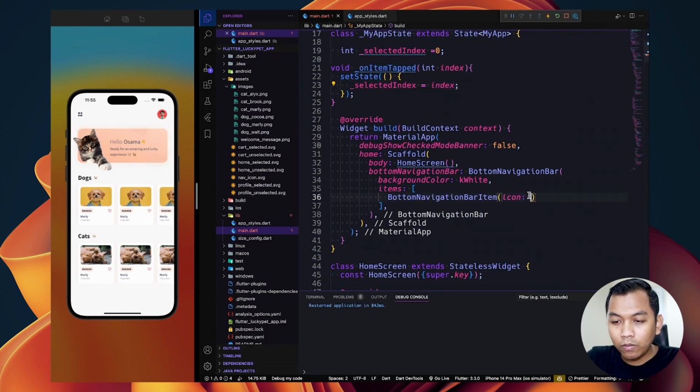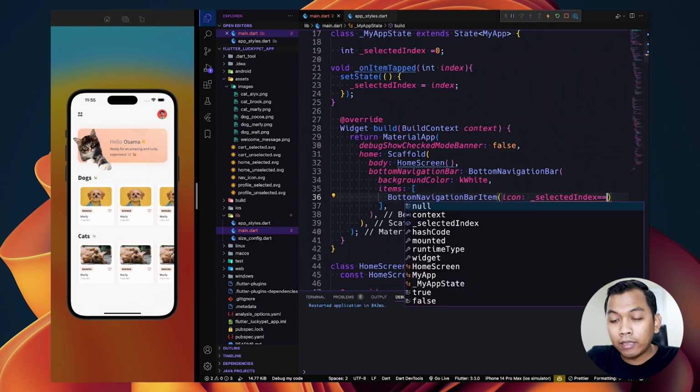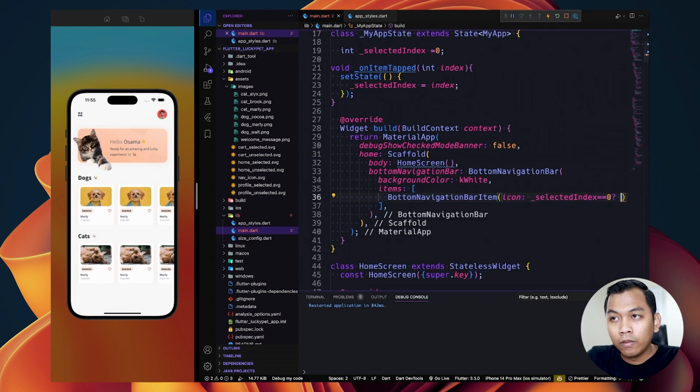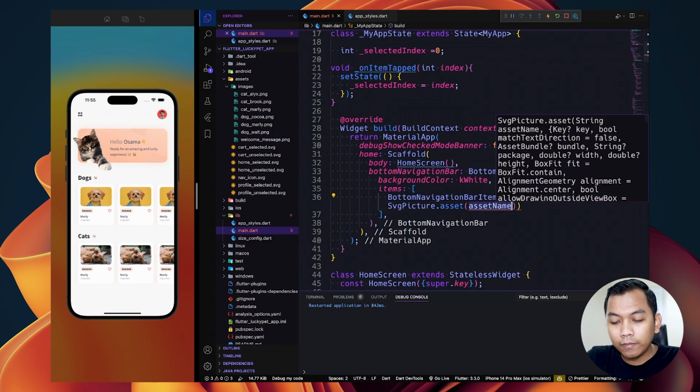And now we can use a ternary operator here, when selected index equal with 0, we can use SVG picture assets home selected.svg,